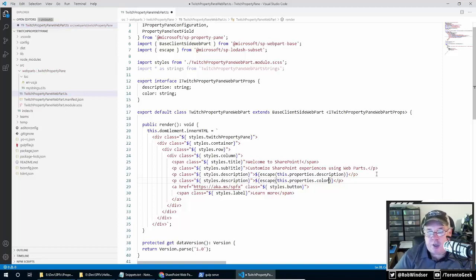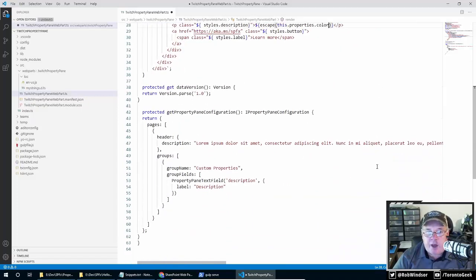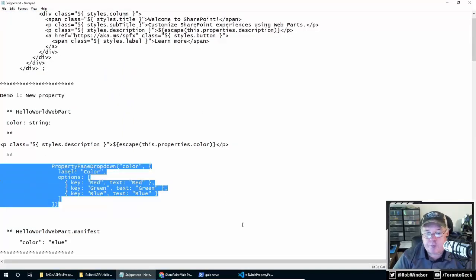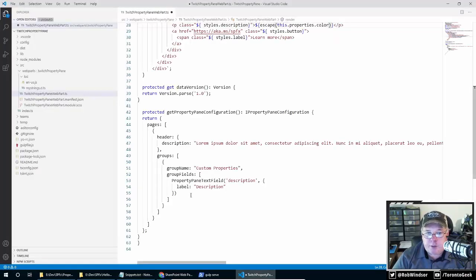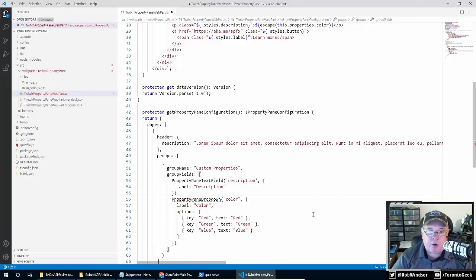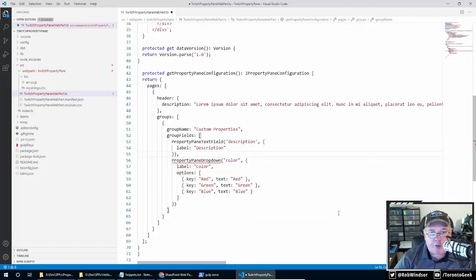So notice we access the property values in the web part through the properties property. So it's this.properties, and then we can access the individual properties from there. And then now I want to add an editor for our property down here, and that is going to be a drop down. Okay, so I'm just going to grab this code here, and so I'll add a comma. This is an array,